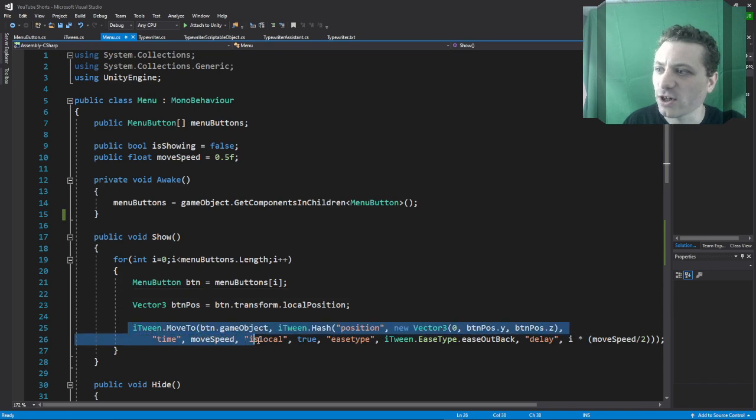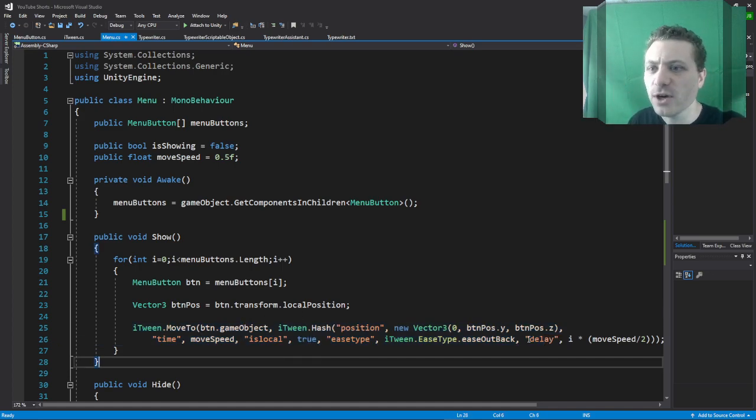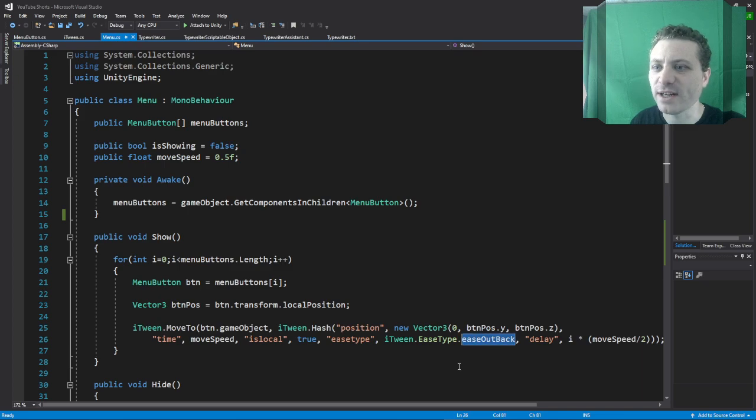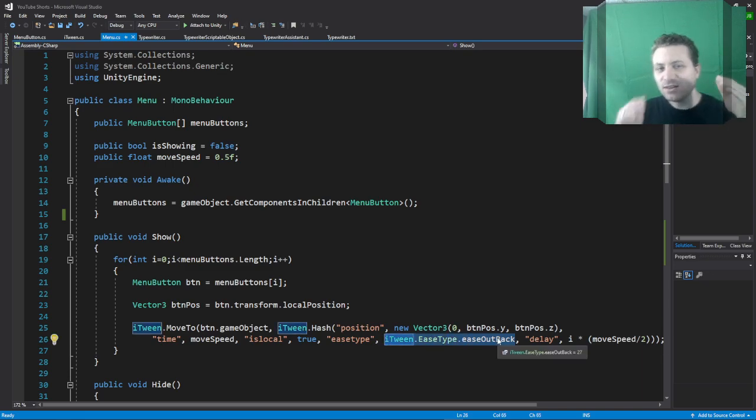And we're going to call an iTween function called moveTo, which will basically move from one position to another. And one thing you'll notice is this ease type right here. It's not linear, but it's called ease out back. So there are many ease types to use in iTween. And what this one will do is, if you could think of it this way, in the linear